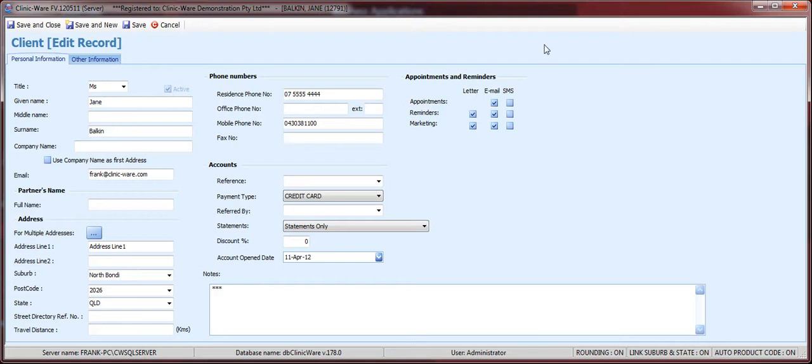This is probably the most important area of the client record. This tells the system how you want to communicate to them in the form of appointment reminders, treatment reminders, and general letters, which we've described here as marketing. And there are basically three options. You can send the communications by